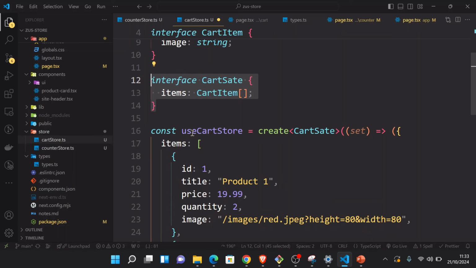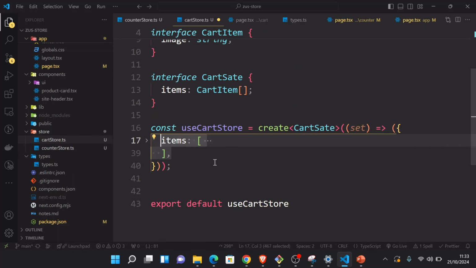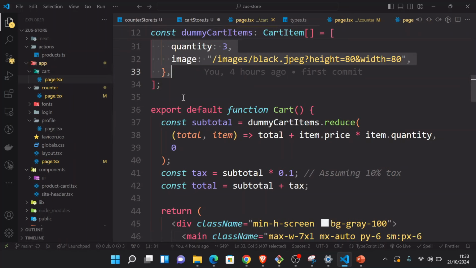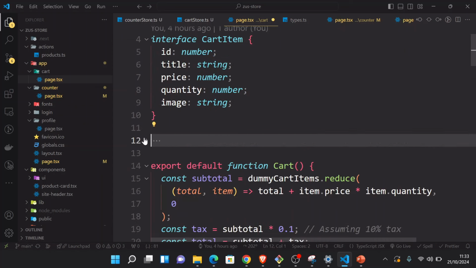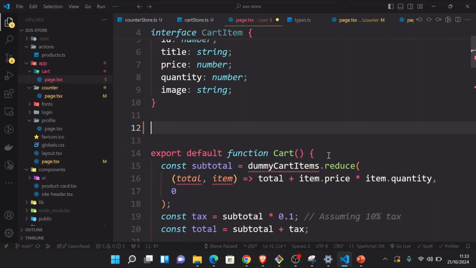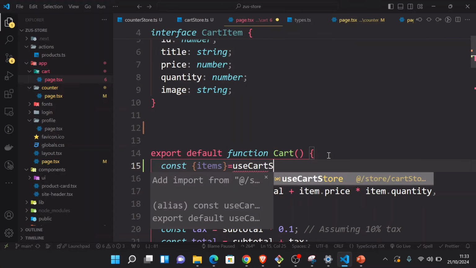Okay, and then we use it in this useCartStore. Create, we pass in this, and then it has access to this set function. The first parameter here on top is always the initial state, and then I'm exporting this, export default useCartStore. Now I'm going to go back to the cart items here in the cart, and take off this dummy data just like this, and define within this one a const items, which I'm going to get from